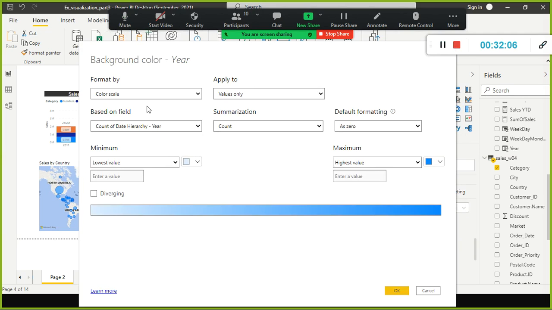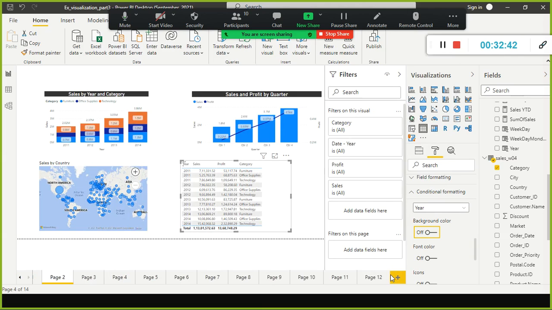Here the format by color scale, and you have something called rules, the field value and rules. We'll go step by step. For the lowest value, whatever the lowest sales value is, highlight those low sales values using this color, and for the highest sales you use this color. Here you are limited to specifying only these two colors, lowest value or highest value. Now let us just select OK.